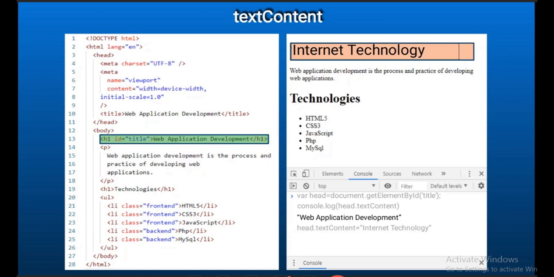Okay, what if I give this statement? head.textContent is equal to, inside the double quotes, I gave an entire h2 tag. Within that h2 tag, I gave web technology, and that as such got displayed in the web page. You can see that the tag as such gets displayed in the web page.